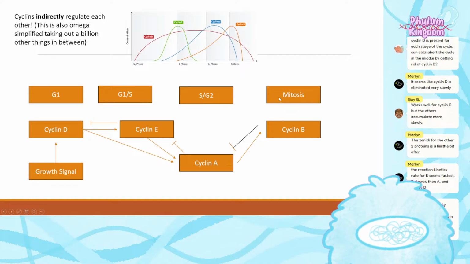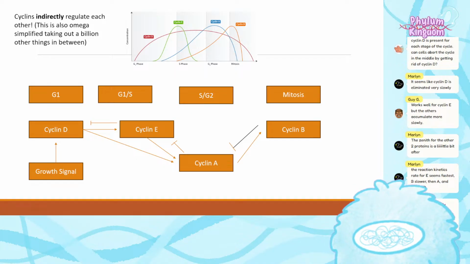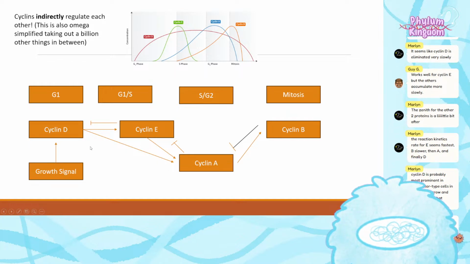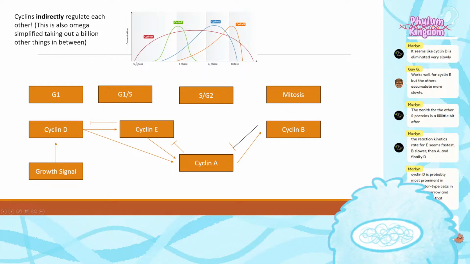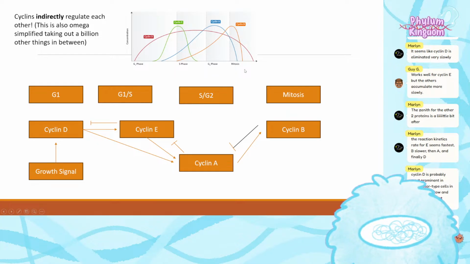But these checkpoints are governed internally, right? There's not one thing that is central that regulates all of them at the same time. They regulate each other. And this is how you can get cyclical activity. And this is internally conserved, right? And I'm using that term in a sense where if you no longer have growth signal, then you don't have cyclin D, right? Then if cyclin D isn't high, then none of this actually happens. This is really, really cool.